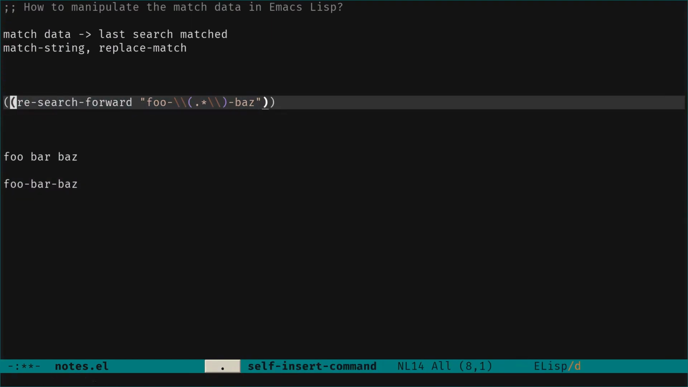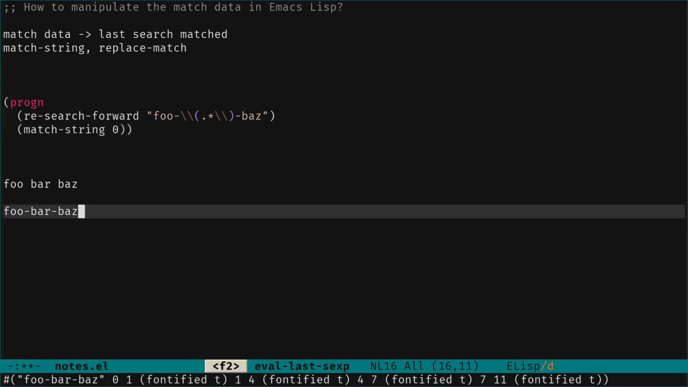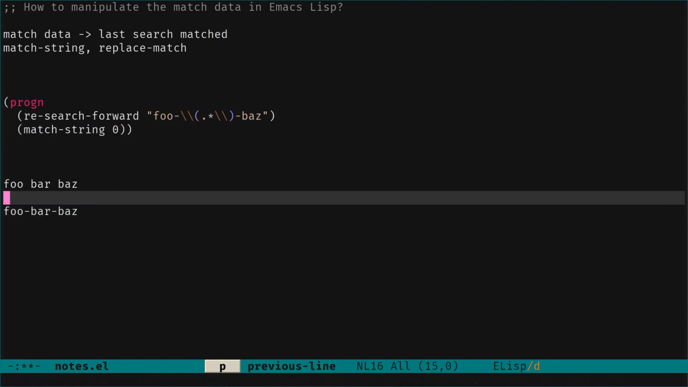Now let's use match-string. So we use the function match-string, which will return the string that we've matched, but we have to give it an index. 0 is for the whole match. So we see in the echo area that we've matched foo-bar-base because this is the